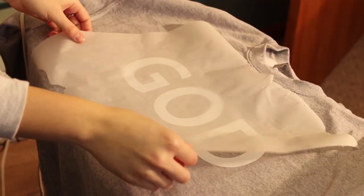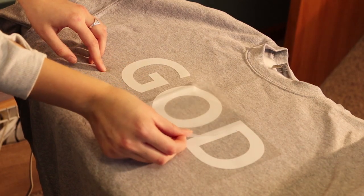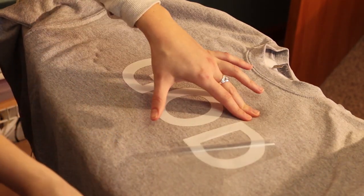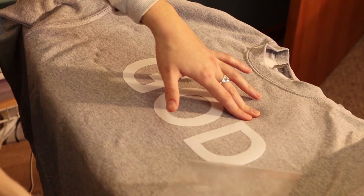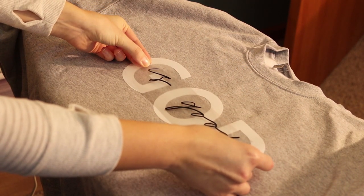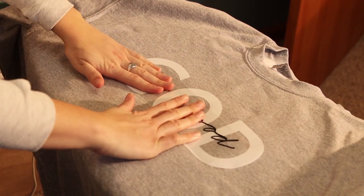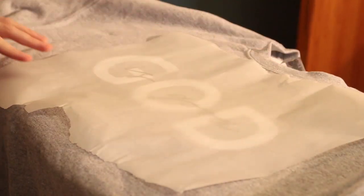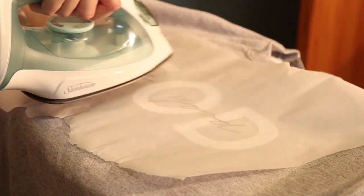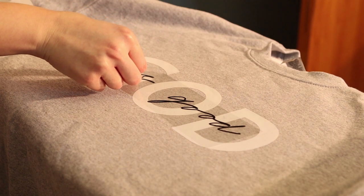We're going to peel that back once we see that it is properly adhered to the sweatshirt, and we're going to immediately go in with the "is good" right on top while it's still warm. So I found that to be super important, and we're just going to do the same steps. We're going to lightly go over that with our iron until it is properly adhered. You want to try to put pressure on it just where the words are. You don't want to go over God too much, otherwise it can smear,